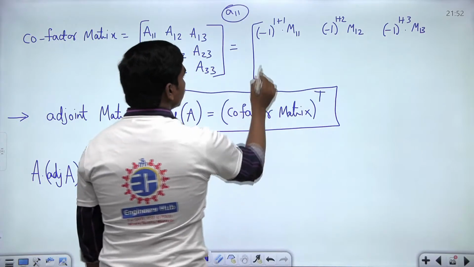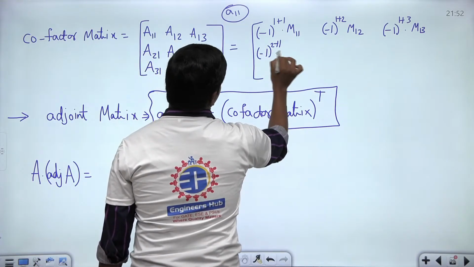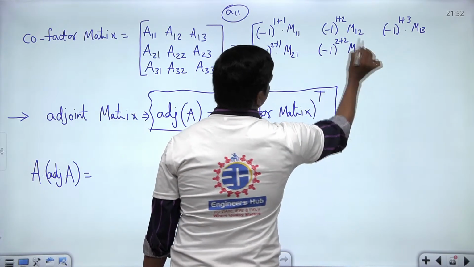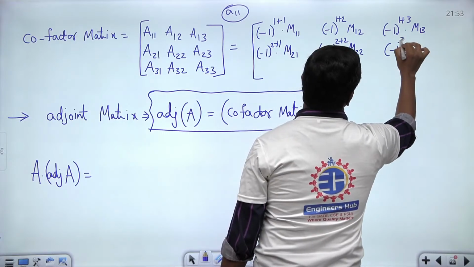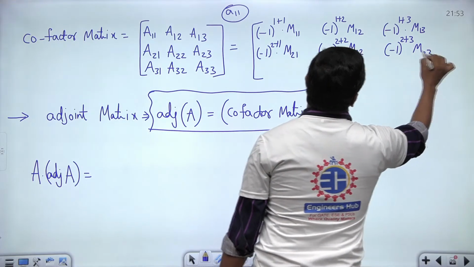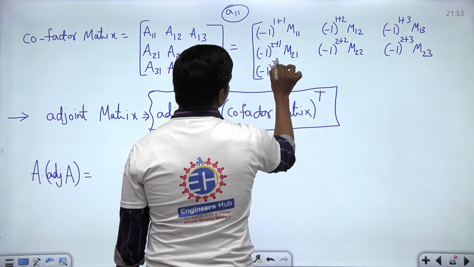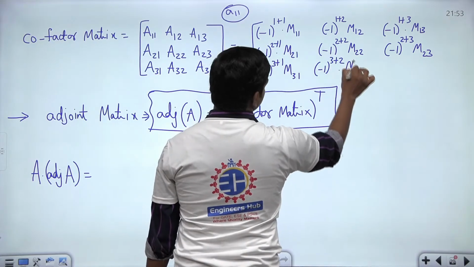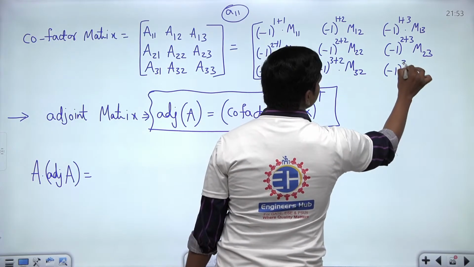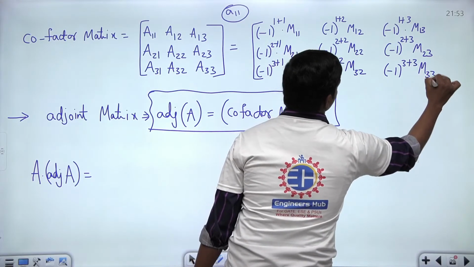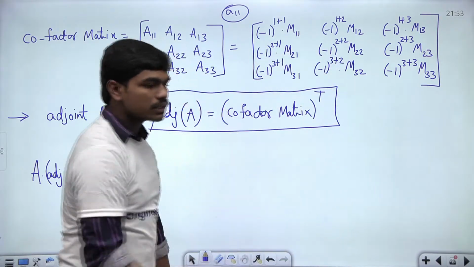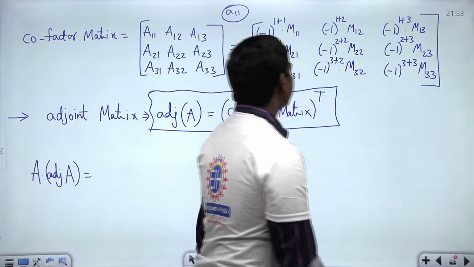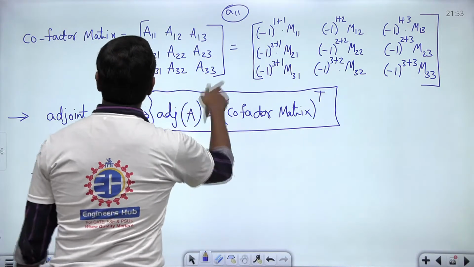Correct? Next, (-1)^(2+1) into M21, (-1)^(2+2) into M22. Next, (-1)^(2+3) into M23. Similarly, for the last row, you can write (-1)^(3+1) M31, (-1)^(3+2) M32 and also (-1)^(3+3) M33. This is what you have. Correct? And of course, you know how to calculate the minor for any 2 by 2 matrix. So now, if you can understand this, now if you write this cofactor matrix,